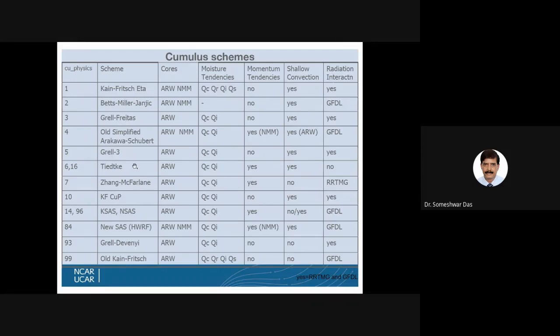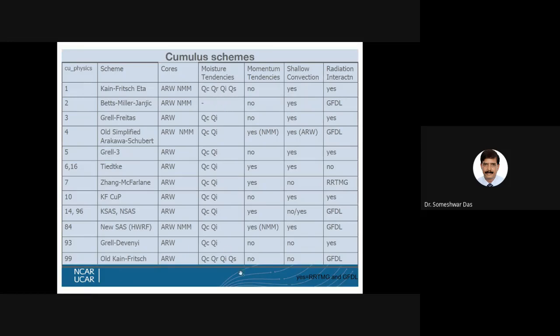So for each of these different types of convection schemes, this is summarized here in this table: what it can provide you, what it cannot provide you, whether it interacts with radiation, whether it does not interact with radiation, and so on. Whether it provides you the tendencies only for the cloud water and cloud ice, or whether it can provide you tendencies for other species also.